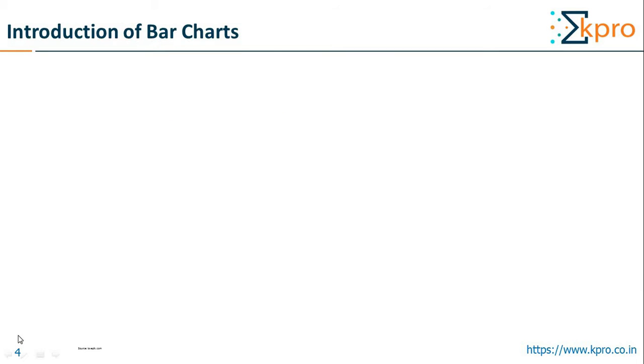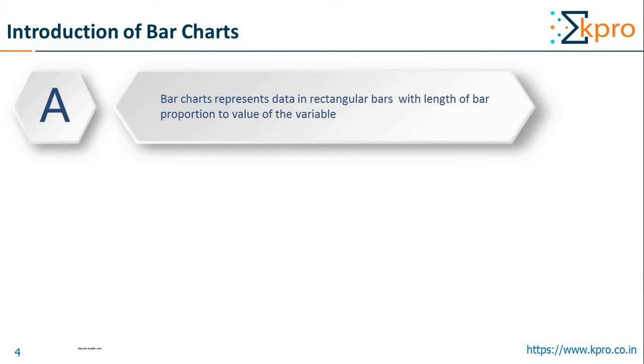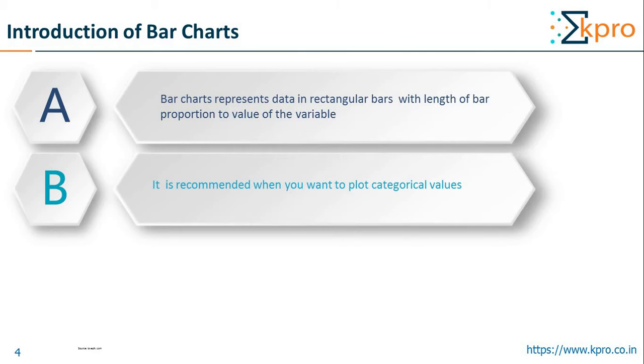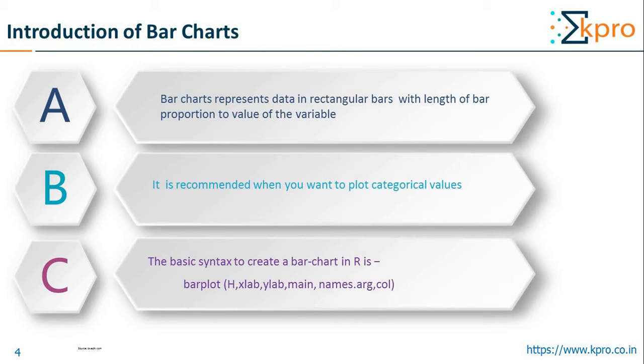Now let's understand what bar charts are. Bar charts represent data in rectangular bars with the length of the bar proportional to the value of the variable. It is recommended when you want to plot categorical values or a combination of continuous and categorical variables. The barplot function is used to plot bar charts, and the arguments it takes are h, xlab, ylab, main,